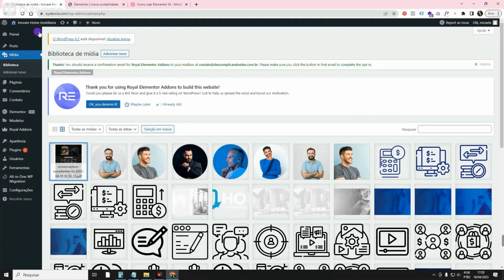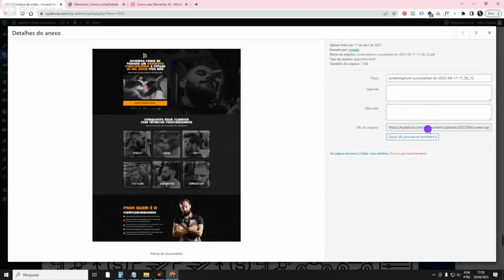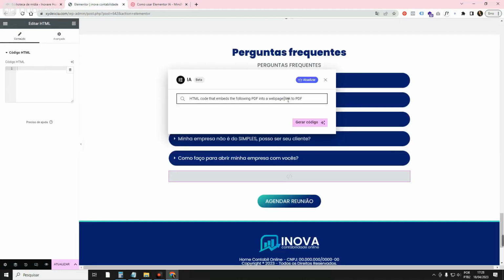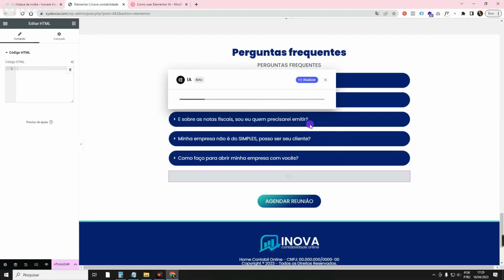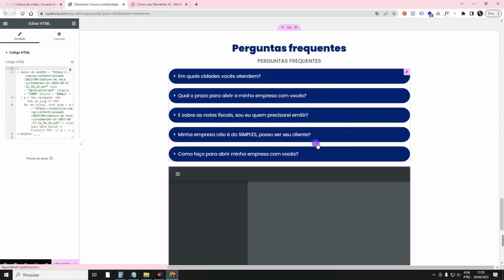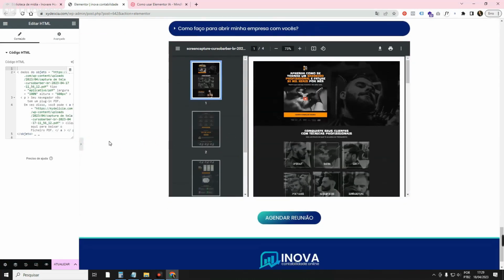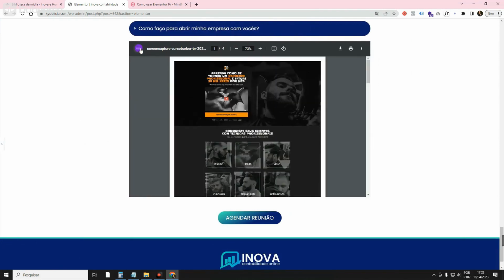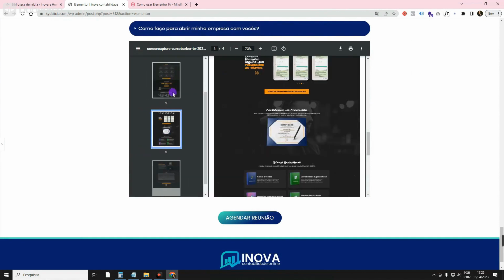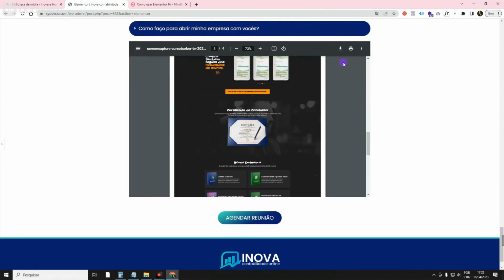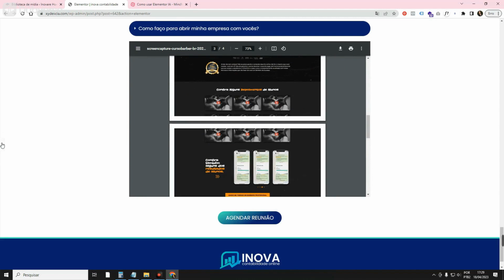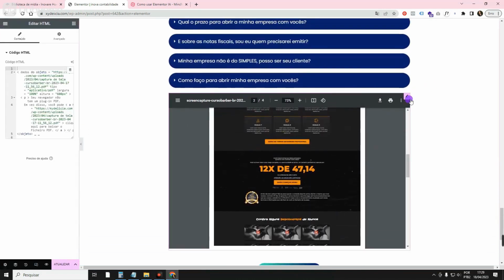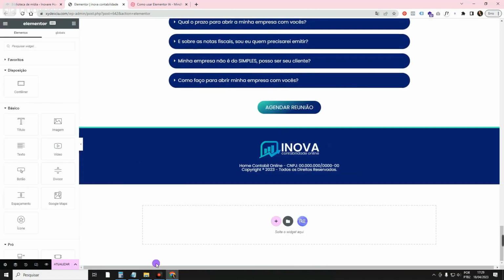I uploaded a PDF file here on the site, which is this one, which is a print of a fishnet we made, see? I'll copy it. I'll paste the PDF link here. I'll ask it to generate. Look how cool. Then it leaves it here for us to view the PDF, see? You can close this tab here to see it all. Leave it open, because it shows the pages. Look, I already left it here to download, to print, so it's very useful for sites that need to put documents to be downloaded. It's very interesting.